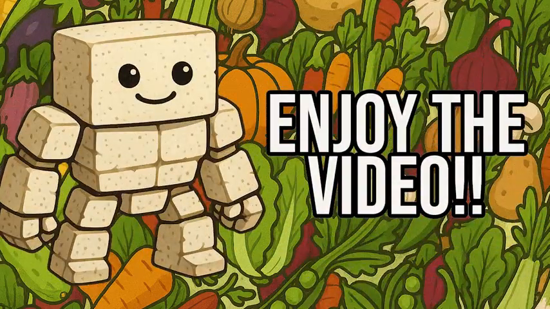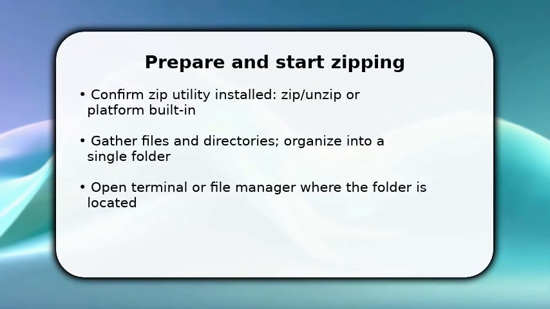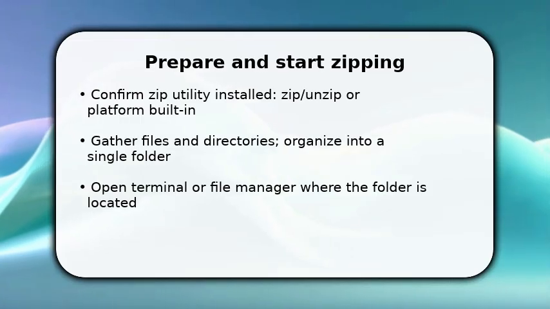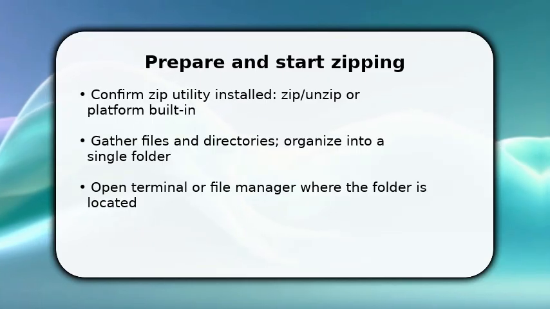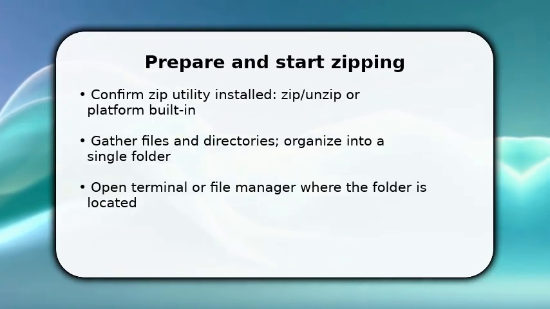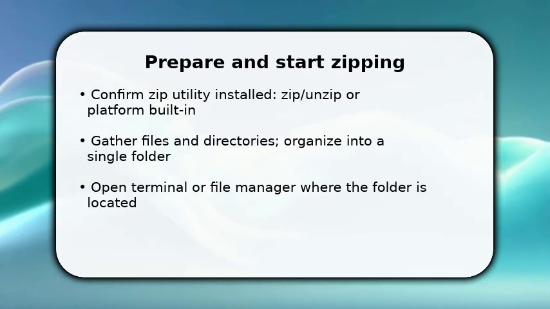Please enjoy the video. You start by confirming you have a zip tool. On Windows, use the built-in context menu. On macOS, use Finder. On Linux, install zip/unzip. Once confirmed, gather the files you want compressed into one folder so the archive structure is